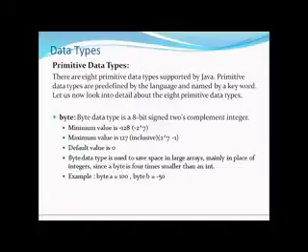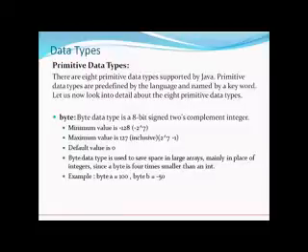So the byte data type is used to save space in large arrays, mainly in place of integers, because if the numbers we are interested in are not greater than 127 or less than -128, then this data type serves well. And it is quite small as compared to integer. It is 4 times smaller than integer, so it holds very little memory space.